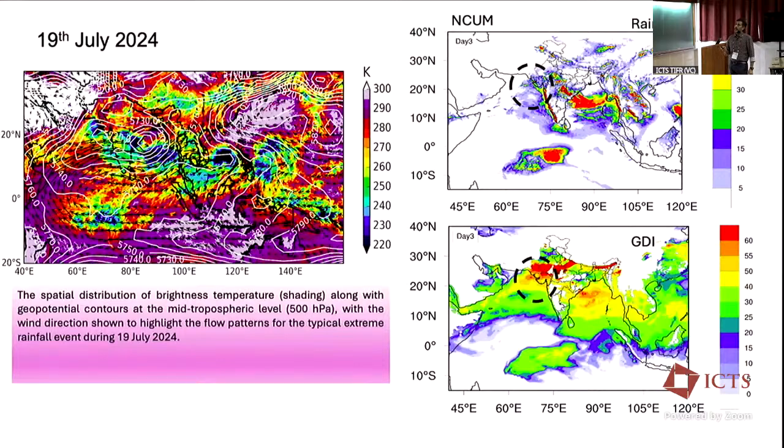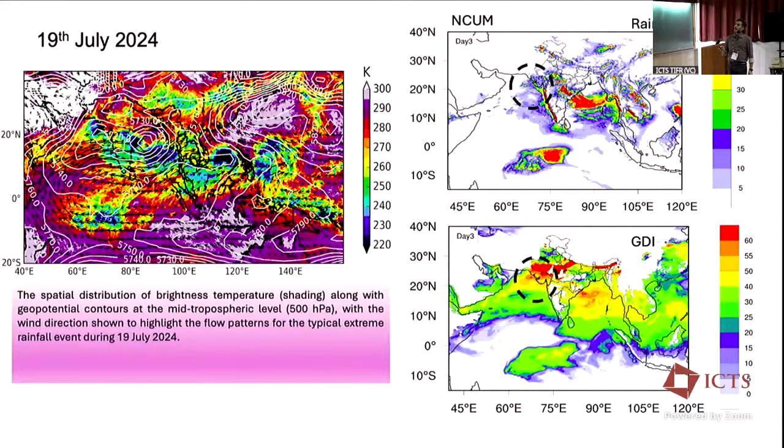If you look at the rainfall from the forecast, this is day 3 rainfall, not day 1. Day 1 is okay. But in the medium range model, I just want to see the 72-hour forecast, which is valid on that day. So if you look at the 72-hour forecast, which is valid on 19th July, the rainfall forecast from the NCM is not that good, because this patch of deep convective cell is completely missed in the